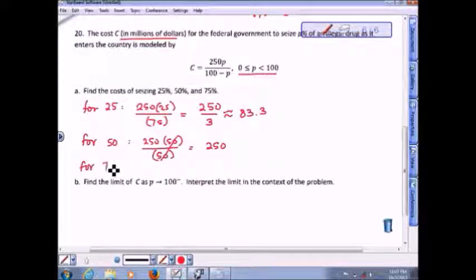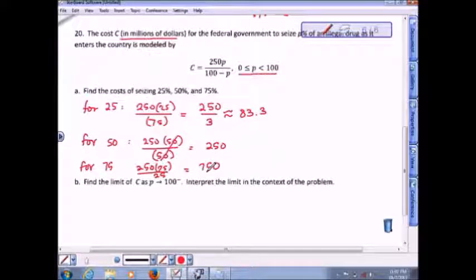If they increase again, that's going to be 250 times 75 all over 100 minus 75, which is 25. 75 over 25 is 3. 250 times 3 is $750 million. So now, once they go much more than this, 80%, 90%, 91%, 92%, these costs are going to increase similar